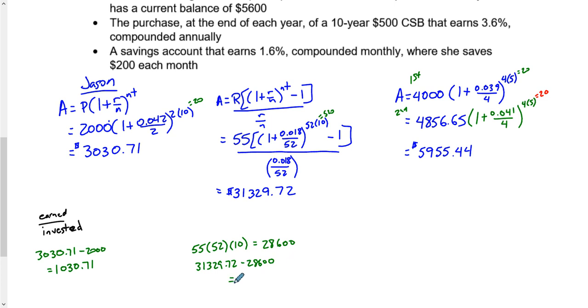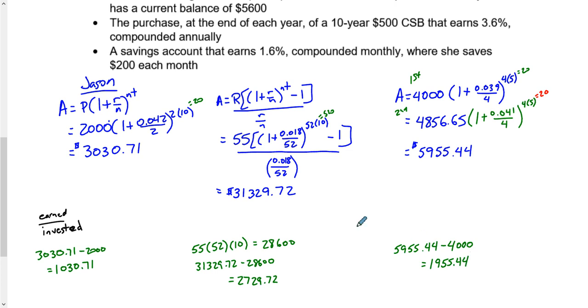$28,600. We get $2,729.72. And finally, in this one, if it's finally worth $5,955.44, he had only put $4,000 away in it. That means